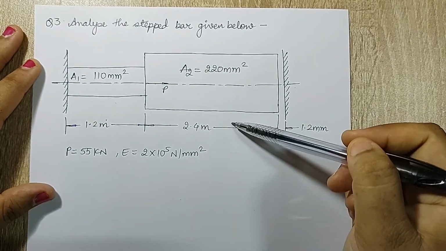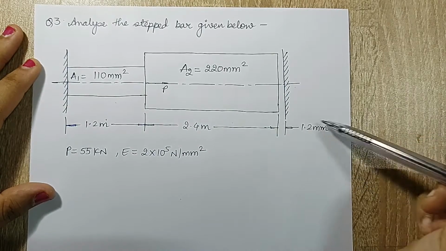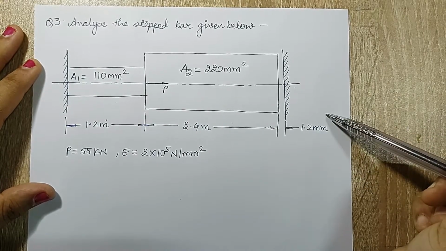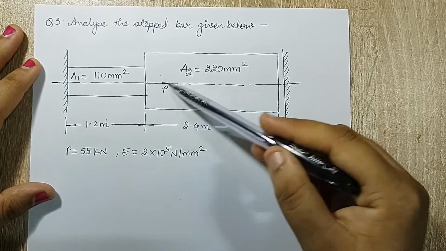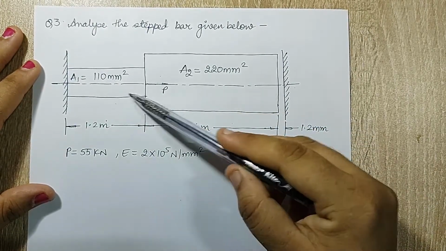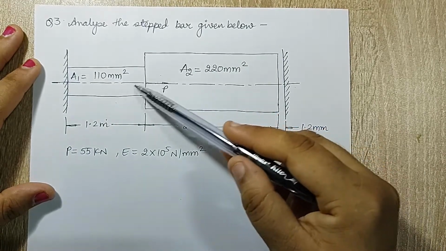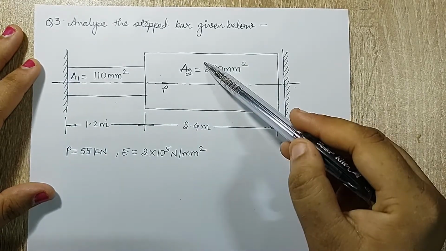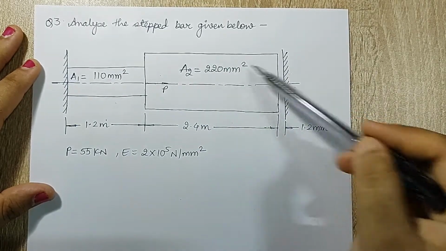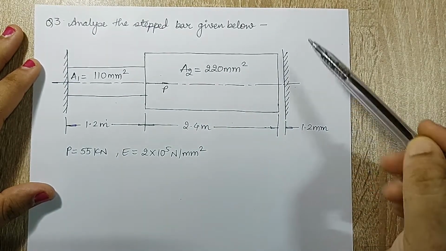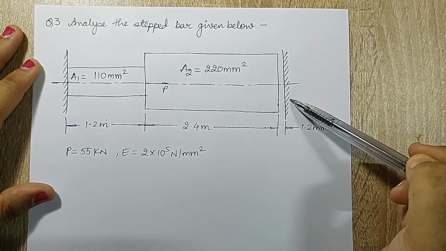The two bars have a certain length which is given, and here I can see that there is a small gap of 1.2 mm. Now there is a load applied at this junction. When this load is applied, obviously this bar will go under tension because this portion is being pulled, and this is being pulled, obviously this will be under compression. Once this is in tension and compression, this bar will come and touch this end. When it touches this end, it will apply some kind of reaction.